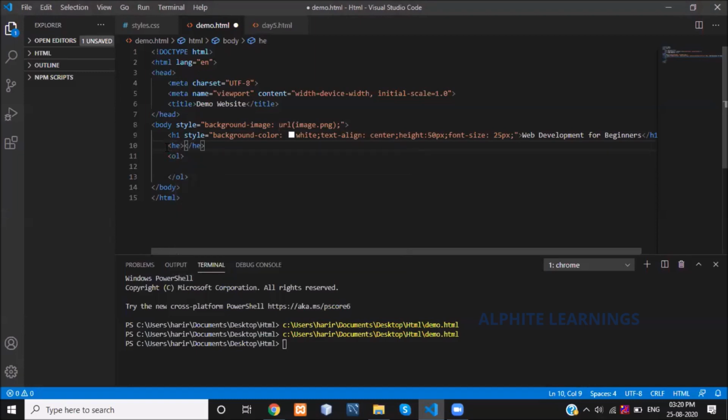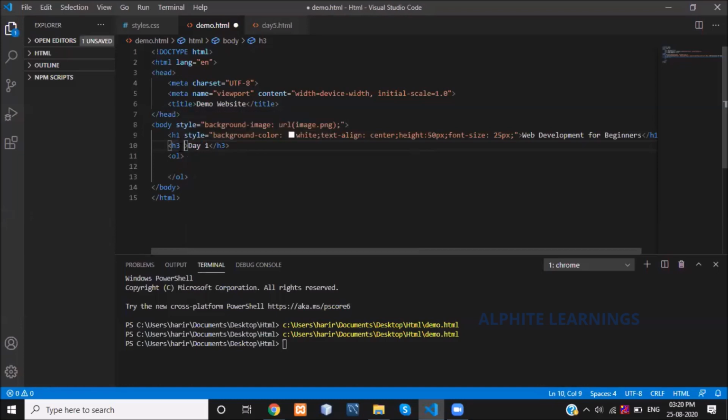Let me specify h3, sorry, h3. I'm giving a heading here like day 1. My goal is to show what we have learned in day 1, so I have given the h3 tag.